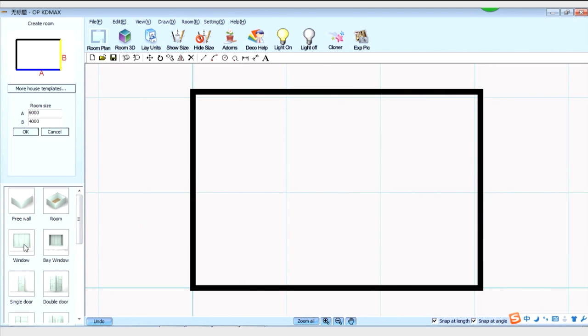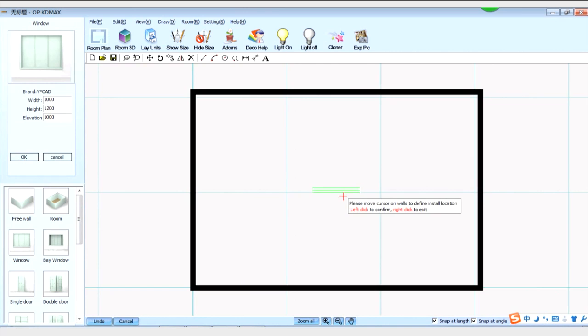We left-click window and you can see it inside the screen. We right-click to X6 and set the window size. The width is 2000 mm, height is 1200 mm, elevation is 1000 mm. And then click OK